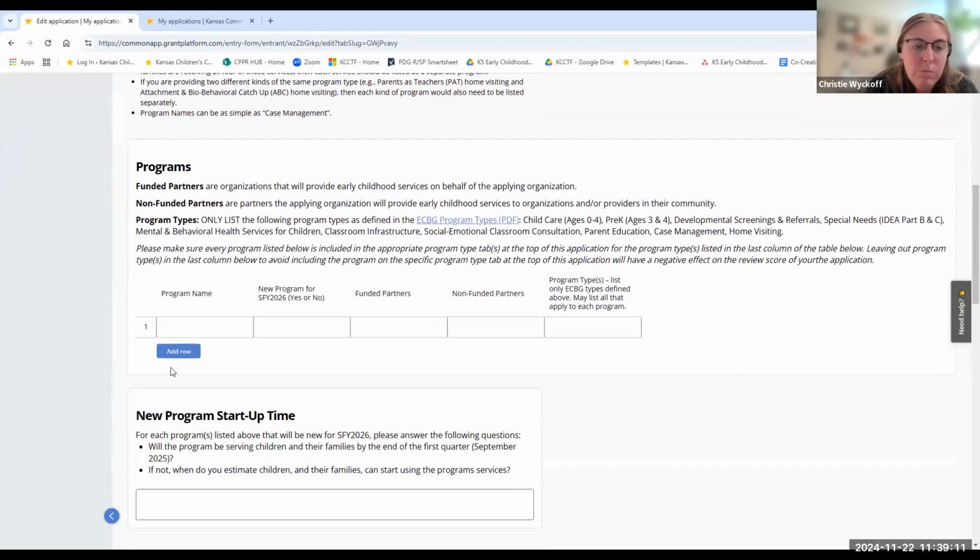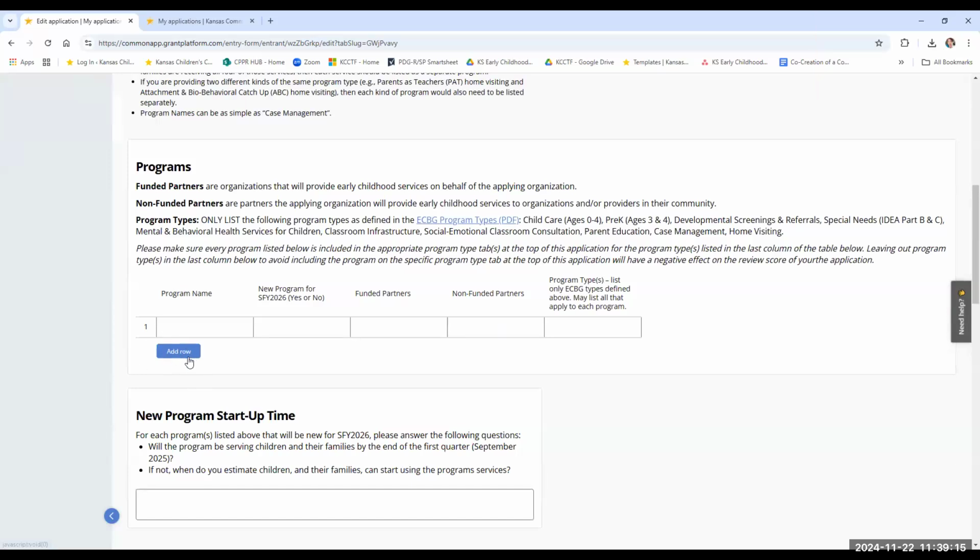For each program, you can add a row and enter each program right there. Then, whatever program type they are, look at that program type document that I showed you earlier, and complete the tabs at the top of the application that are applicable to you.